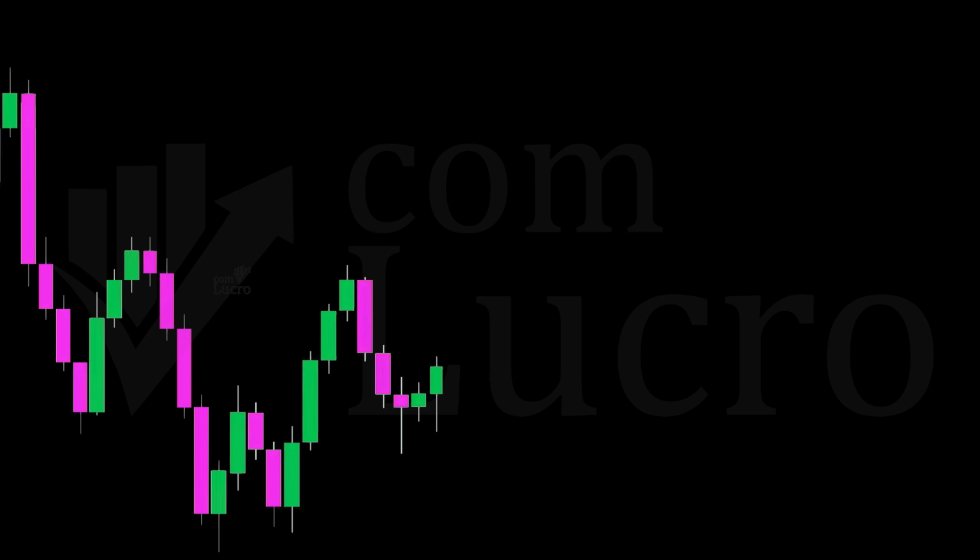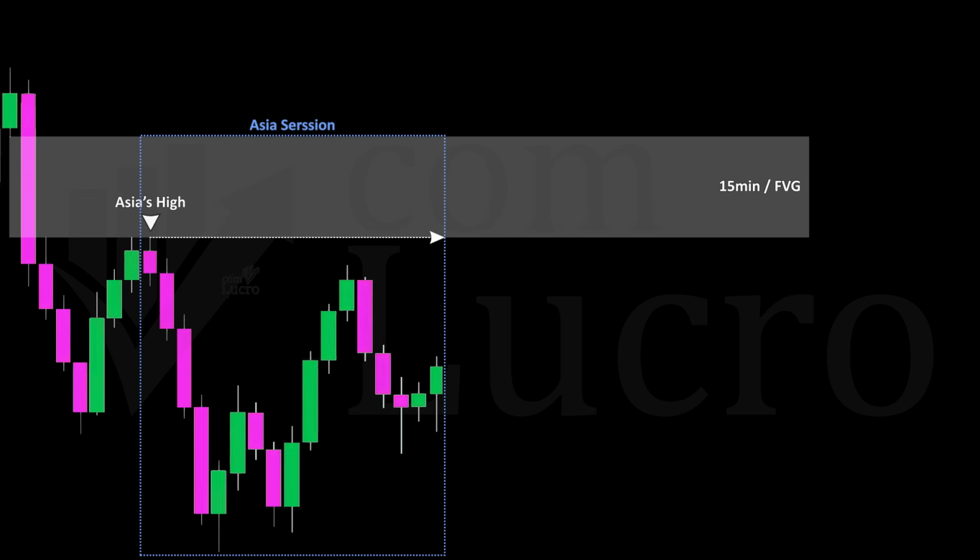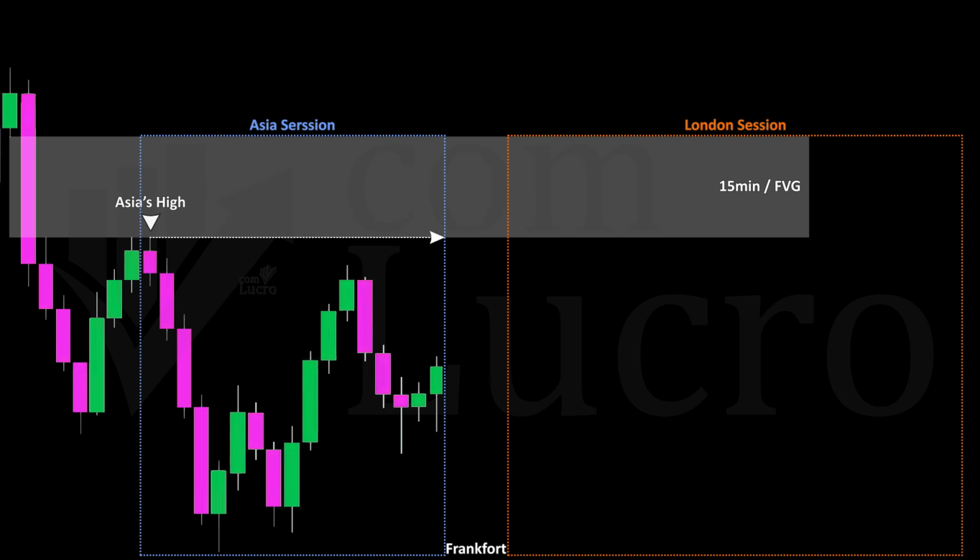Moving into execution, we can now break this setup down step by step to understand how to trade it effectively. In a bearish scenario, the first step is to identify a previous session high positioned just below an unmitigated 15-minute fair value gap. As an example, when trading the London session, the focus should be on the Asian session high that forms directly beneath a 15-minute unmitigated fair value gap. Once that is identified, the next step is to wait for London to open and closely observe price action. As soon as price sweeps the liquidity above the Asian high, taps into the 15-minute fair value gap, and then quickly reverses back inside the range,